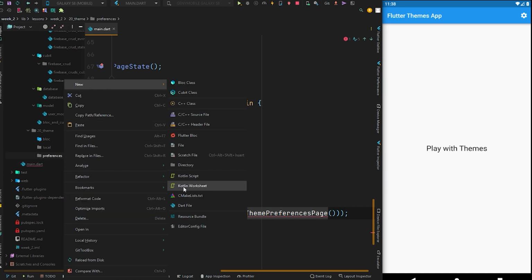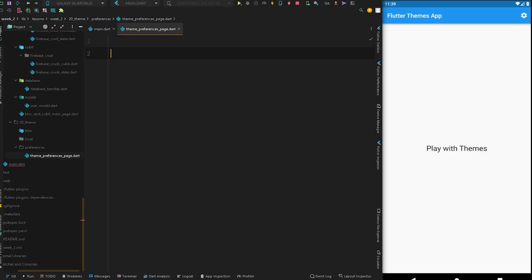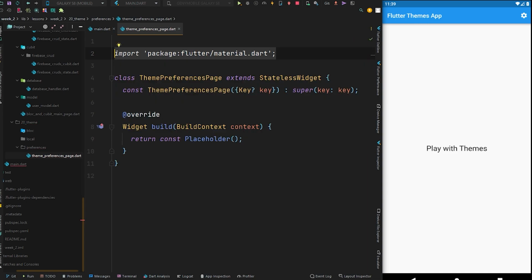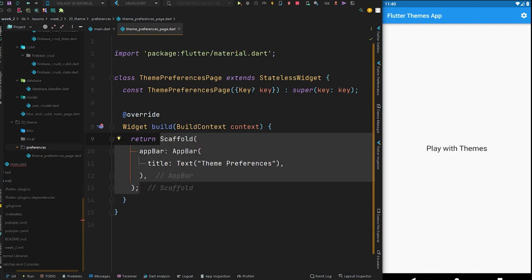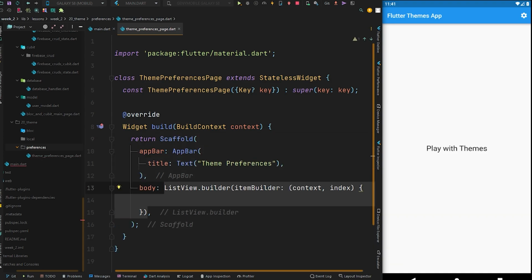Inside the preferences directory, we will create one new dart file or a library, and we will name it theme preferences page. Inside this we are going to have a stateless widget, and also make sure you have imported the flutter material.dart, as we are using the material design in our application. Now this is going to return one scaffold, and in the app bar property we simply pass the app bar class, and in the title property we pass the text widget theme preferences, and in the body property this is going to have a list view with the builder constructor, and in the item builder we simply pass the context of the build and the index of each item in the list view builder, and this is going to return